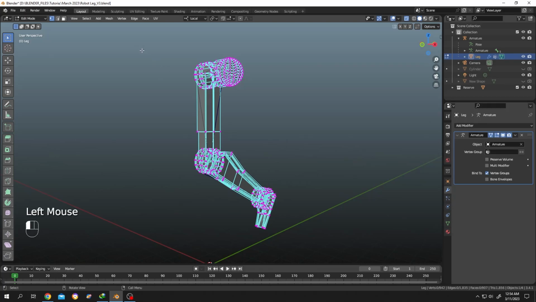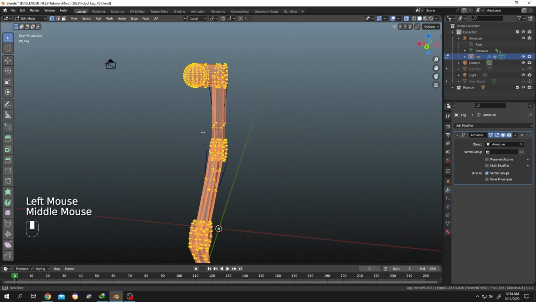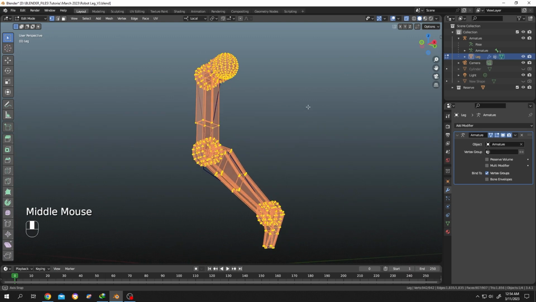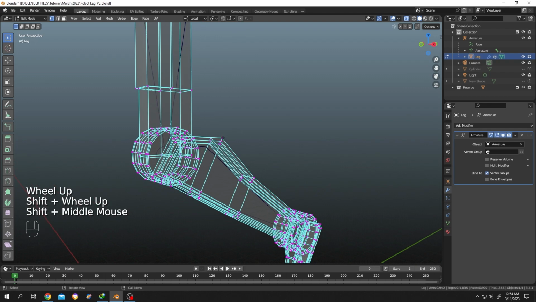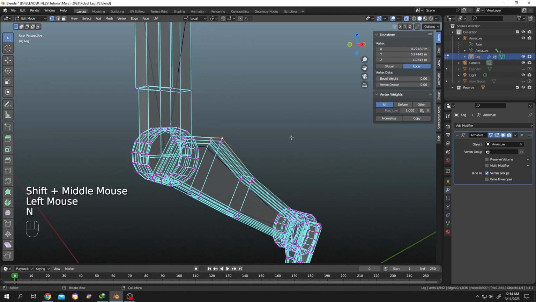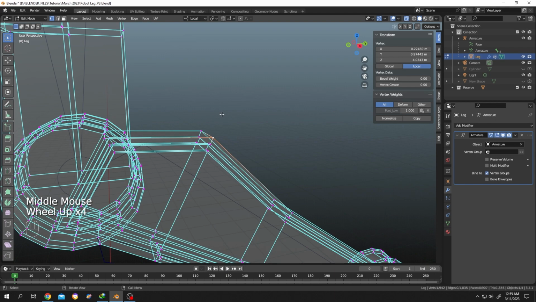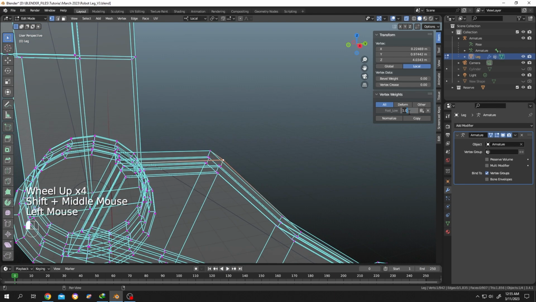So guys, as you can see, we have a simple robotic leg mesh, and let's select one of the vertex points. Press 1 for vertex selection. Now press N. Now if we go to Item, we have the vertex weights which are assigned to this vertex point. We can manually change it here, like from 1 to 0.8, or we can go to Object Data